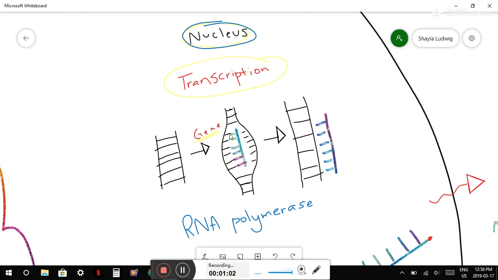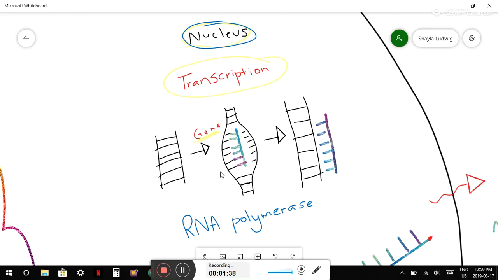So on your gene of your DNA, you'll have a promoter where your RNA polymerase binds. Promoter just means a certain sequence of nucleotides that it can recognize. It'll bind there, and then RNA polymerase will unzip the DNA just at the certain gene that it needs. So that gene will help it to make just one specific protein. So it'll just unzip at the one little section, as you can see right here, wherever it needs that gene